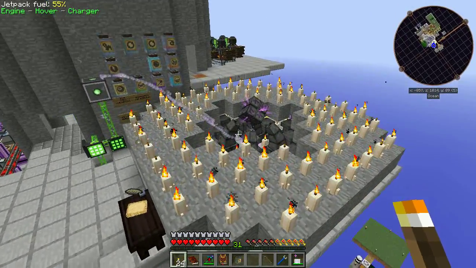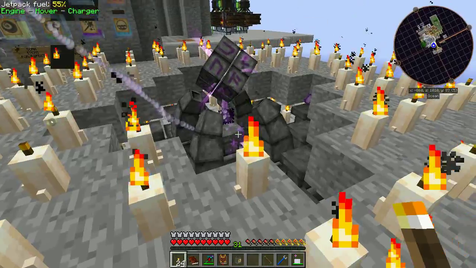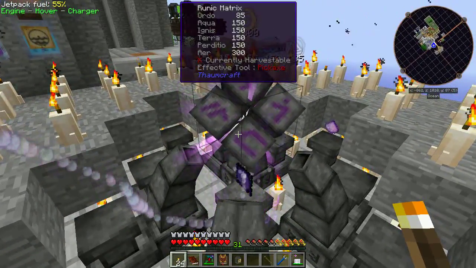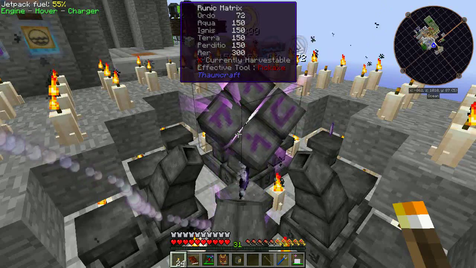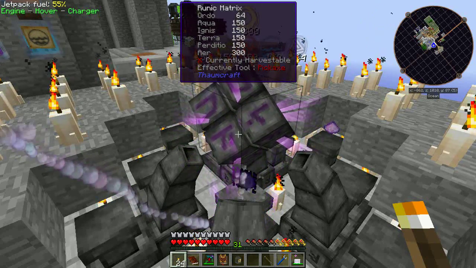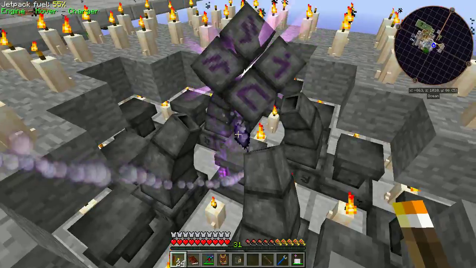So over here I am beginning quite an extravagant crafting project to make a node in a jar. And this is going to need between 150 and 300 of each of the 6 primary aspects, throwing into this runic matrix to charge up